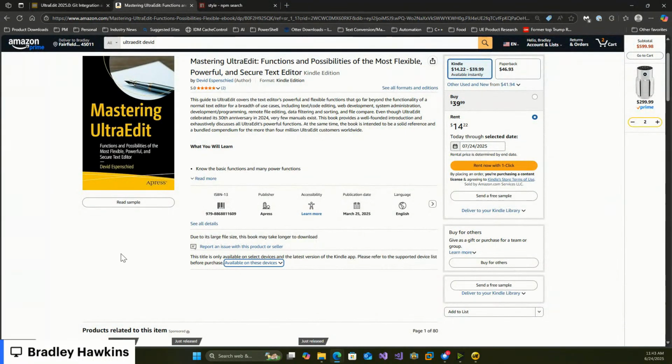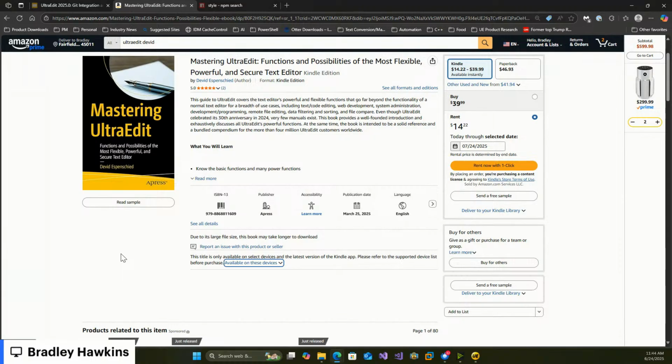Okay, I wanted to bring up something. This is kind of off to the side here. It's not directly from UltraEdit. This is from an outside source, but this is someone that we've worked with quite a bit, and they have done a great job in producing a book for UltraEdit, Mastering UltraEdit. Again, they are not part of the UltraEdit team or our company, but we have worked back and forth with them, and they have produced a book that goes over essentially all the functionality in UltraEdit, as of